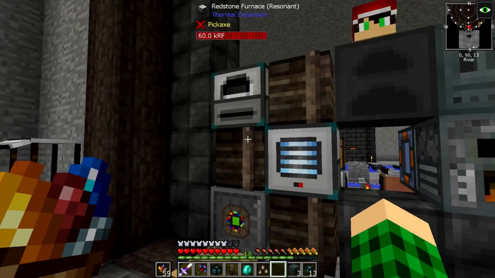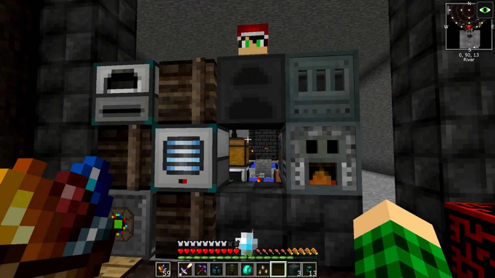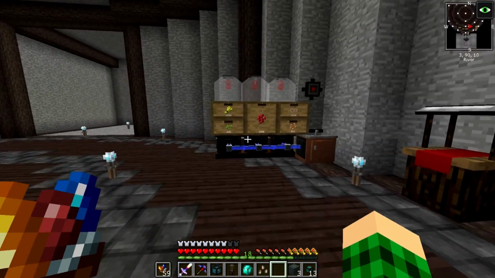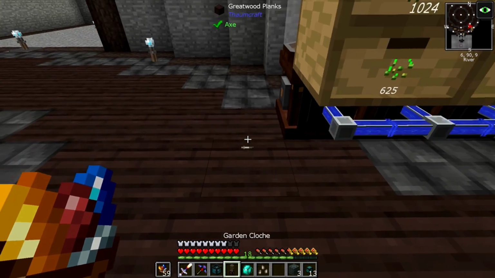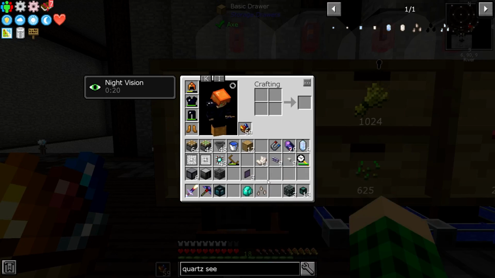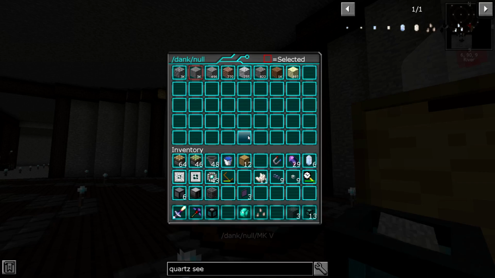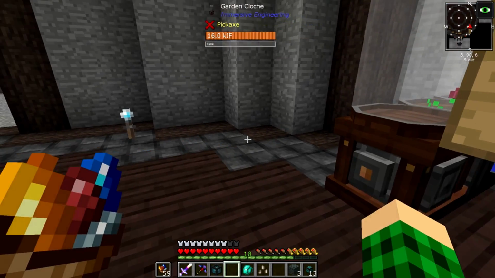We also have industrial machine casings, it's fine. I tossed all the ores that I went mining to find the nether quartz ore. Basically, I tossed them all into here to get processed. And we're gonna add the cloche here. Like that. We're gonna give it a drawer. We're gonna grab a piece of dirt from my dev null. Dank null, even. Give it...